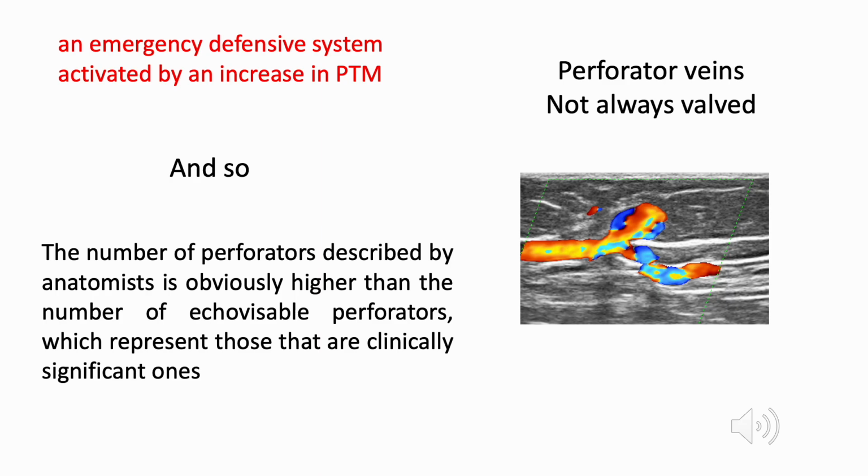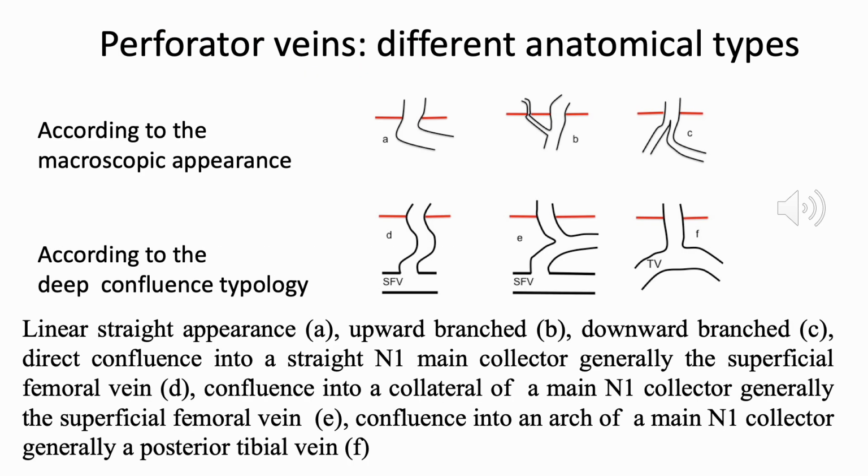Of course, the number of perforators described by anatomists is higher than the number of echo-detectable perforators, which represent those that are clinically significant. Perforators can be classified in different ways according to their macroscopic appearance, their anatomical location, histoarchitecture, and site of confluence in the veins. We distinguish linear straight appearance of a perforator, upward as well as downward branched perforator,